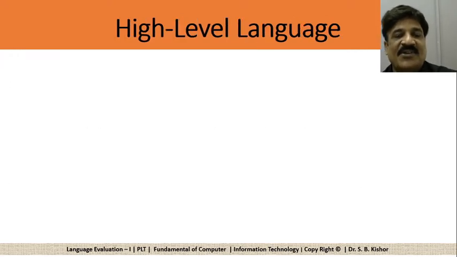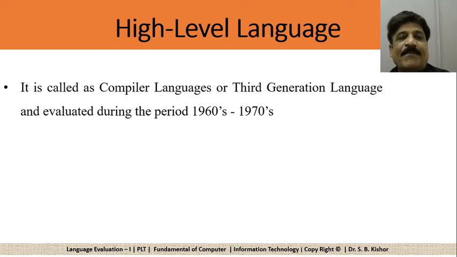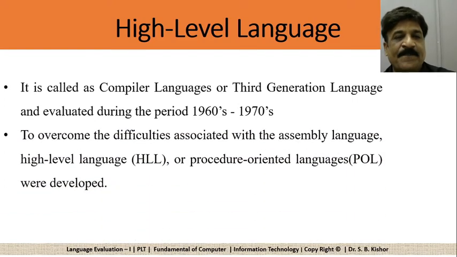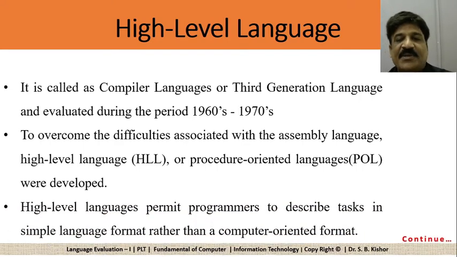Now we will discuss the high level language. It is also called compiler language or third generation language and evolved during the period of the 1960s to 70s. To overcome the difficulties associated with assembly language, high level or procedural oriented languages were developed. High level language permits a programmer to describe the task in a simple language format rather than a computer oriented format. It means we are moving toward the human oriented concept with the third generation language, due to which computers have become very popular, because now writing a program has become very easy and you don't need to understand the architecture of the computer in order to write a program. This makes the computer much more powerful and successful in society